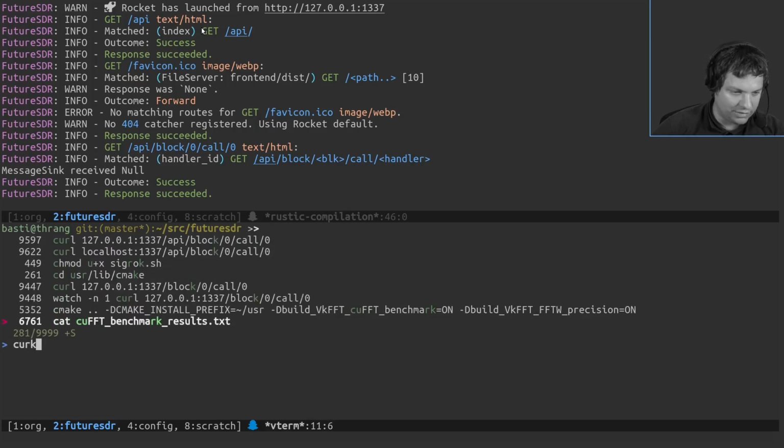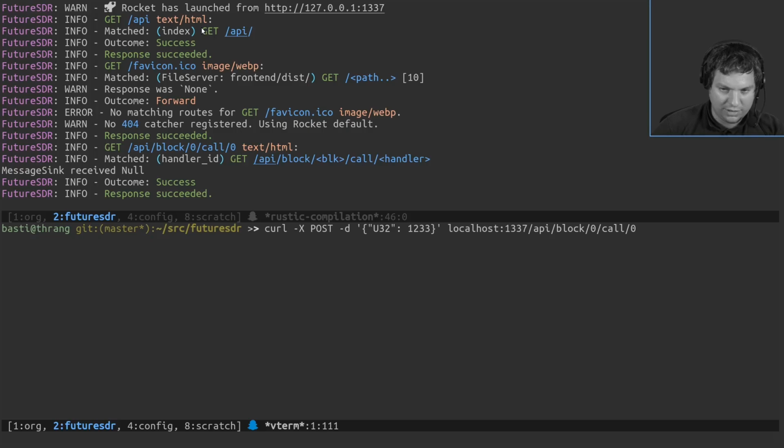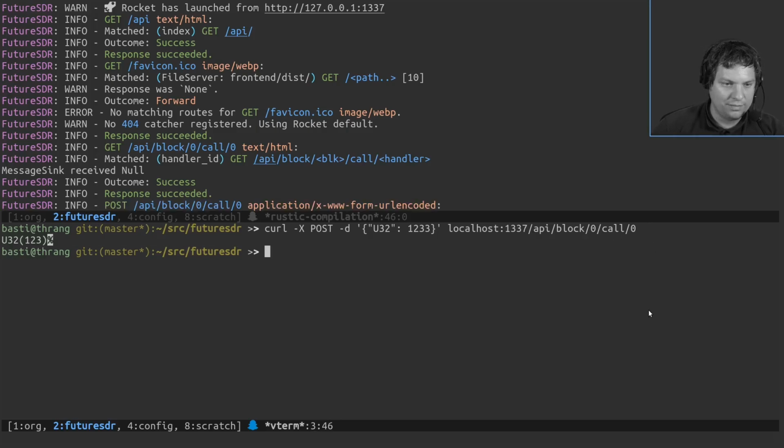I always forget how it's working. Curl here in this case, that's how I figured out how things are working. We tell it to make a POST request with this data. So let's just say we want a U32 with 123. Localhost, this is our API, and we use it to call this block. Okay, and then we see it's replying with its default U32 123.